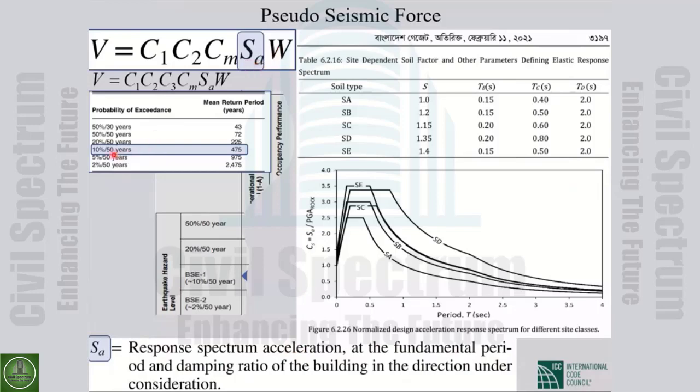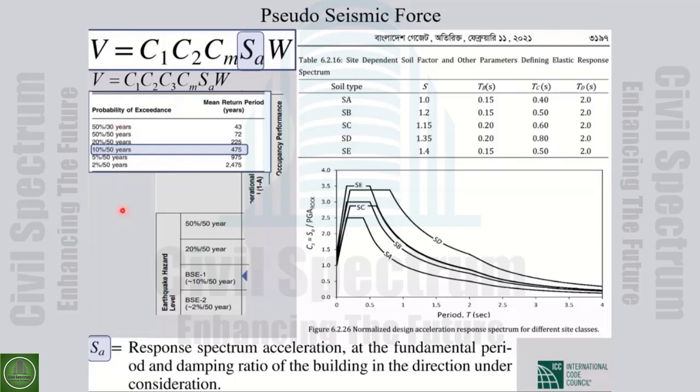It is the level of the earthquake that is considered in the design code. Maybe we can use, for example, the NBCC response spectra for the calculation of this. But if another level of earthquake is selected, or even for that 10% in 50 years, we can do a site-specific investigation and calculate